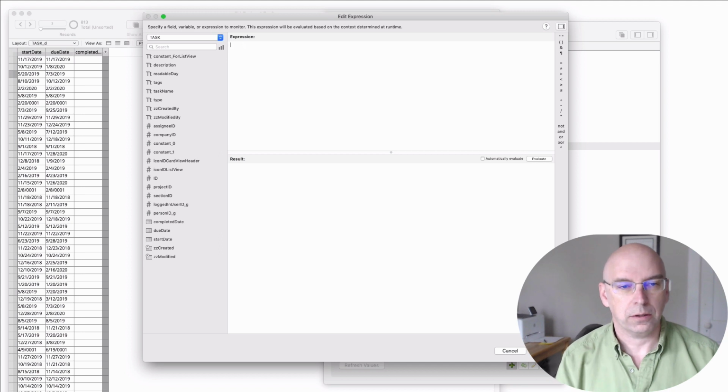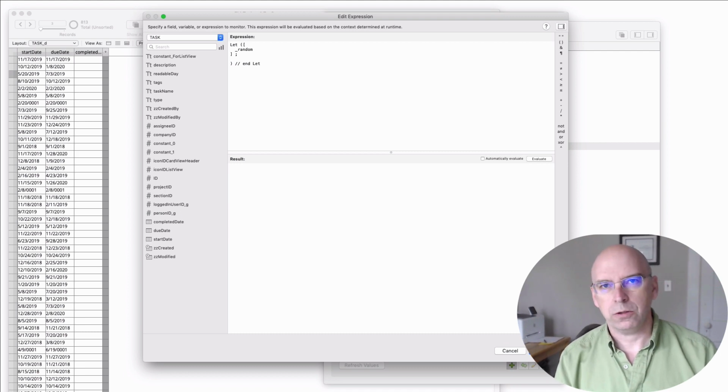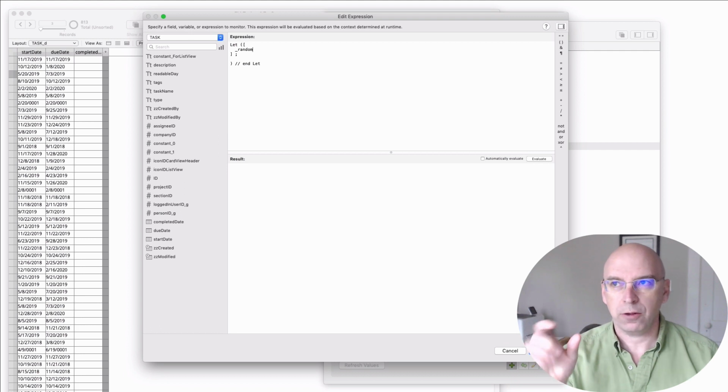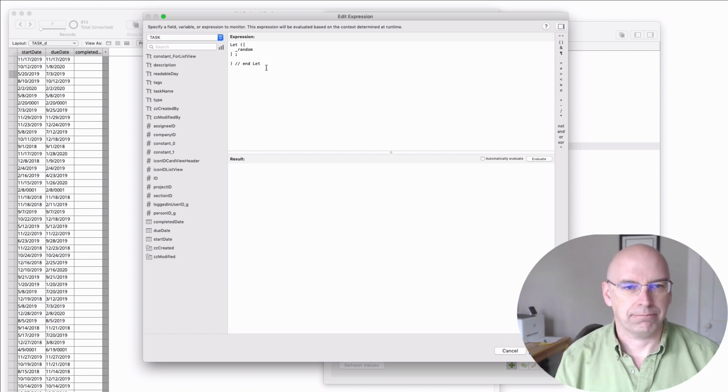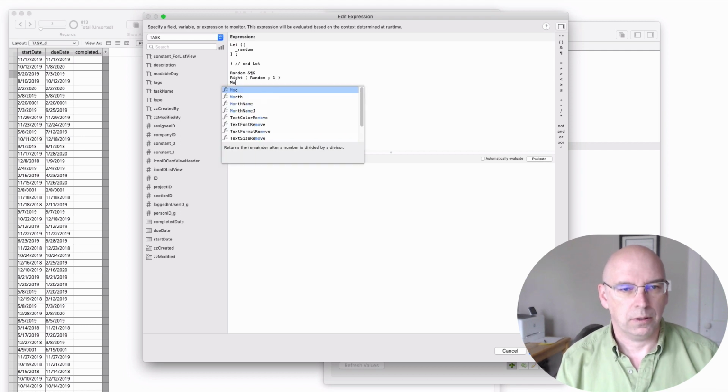Let's do this. This would be even better. Let's see. I have a quick key for this. Here's our random. I want to use a let statement so that I can solidify the random, and then we can work with that same random value. If I just use the random function and then write random again,